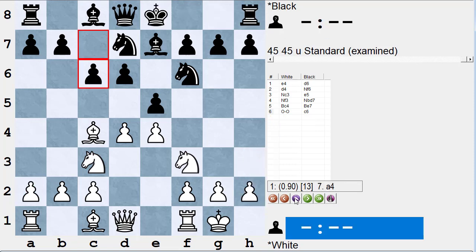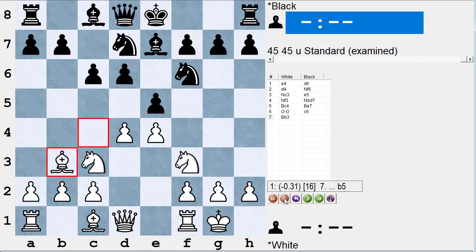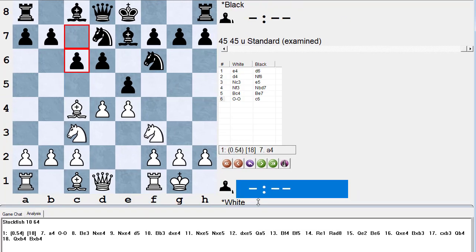All right, so back to the game. In the game, White didn't play a4. In the game, White plays a move that's not very good. He plays Bishop to b3. Let's move it up and look at the top